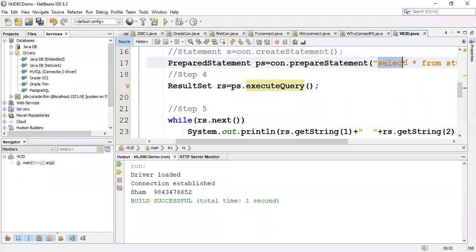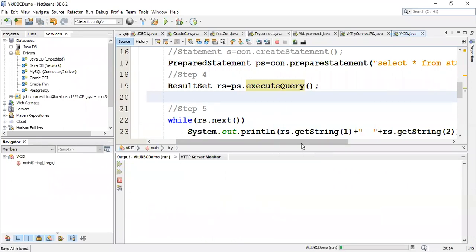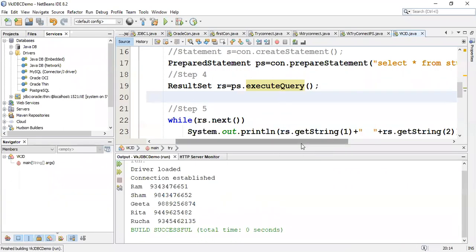If the query is a select statement, I use executeQuery. If the query is insert, update or delete, I use executeUpdate. Anyways, we'll come to that later. Right now, I will just execute. Remaining things remain the same. Now can you see here, since I've used select star from student, it is showing me all the records.